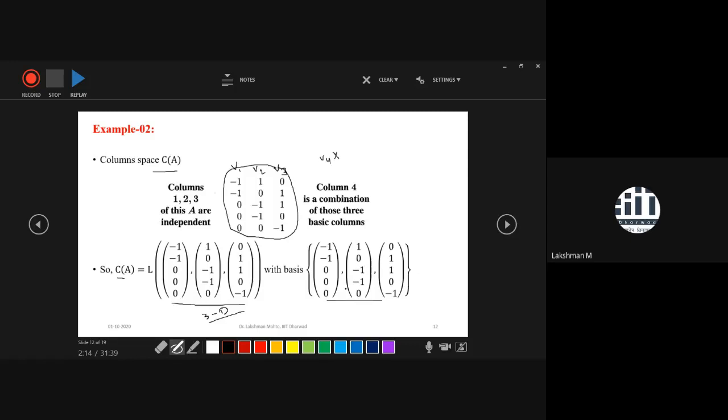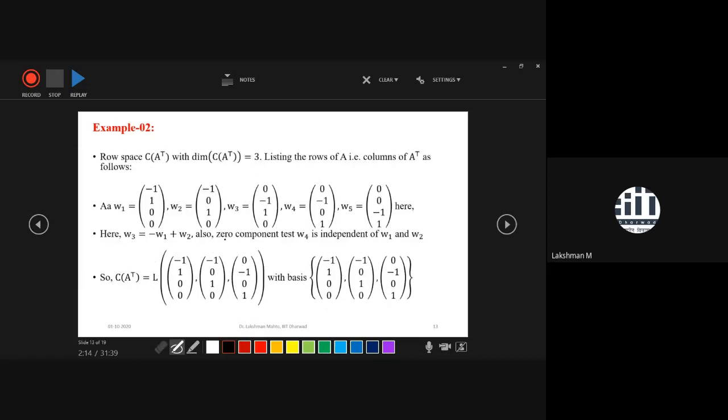That's why the dimension of this column space is 3. It matches with part 1 of the fundamental theorem, what we had calculated in the last slide. So we are not committing any mistake here. You always need to verify whether you are committing any mistake or not. So at every step, keep on checking and validating your result.